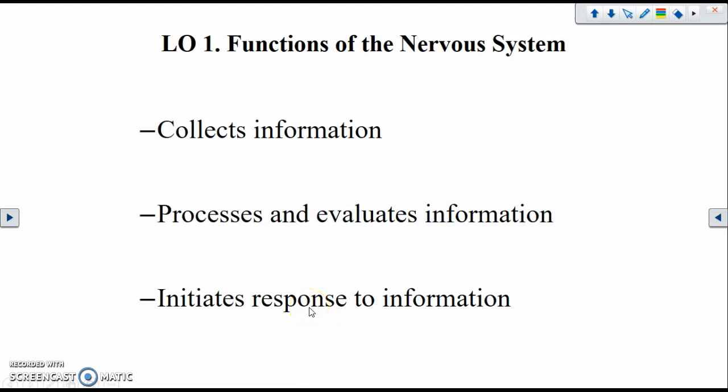Hello everyone. So in this lecture video, we're going to be covering the beginning parts of the nervous system. This is going to be one of many lecture videos that will be covering the nervous system. There are three main functions of the nervous system: collecting information, processing and evaluating information, and the initiation of response. And if you understand the way this works, collecting information is called sensory, or the sensory function of